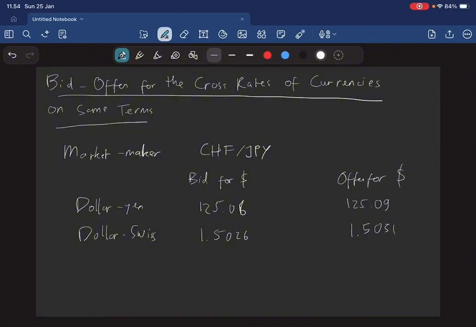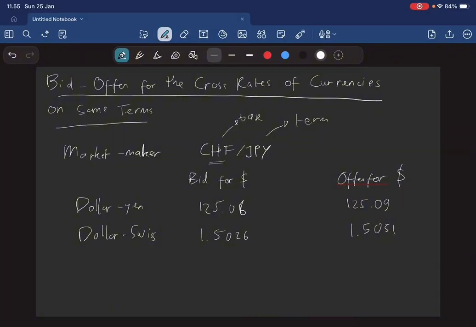First, always determine the base of the new cross. In this cross, the Swiss franc is the base, and the yen is the term. Now work with what you know. Since Swiss franc is the base, you know that the currency being traded is Swiss franc. So the bid and offer of the cross are for Swiss franc. You also know the value of Swiss franc and Japanese yen relative to the dollar. You will use this information to derive the value of the Swiss franc in terms of the Japanese yen.